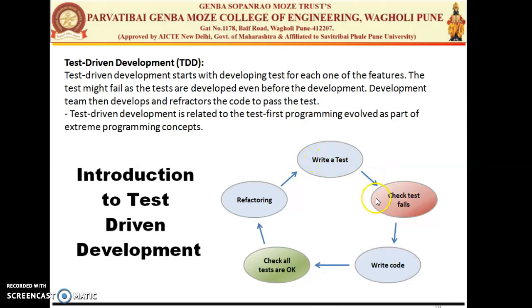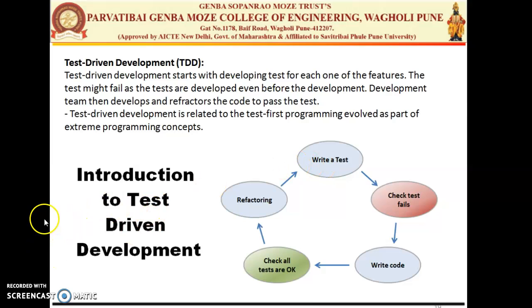Then check if the test fails or not. We have to run that test. If by running the test fails, then we need to refactor the code. Okay, again we have to write the code. Again, if the code is running well, we have to test that particular code. If the code is running, then we need to merge. If the code is not running, again refactor the things and again write the test.